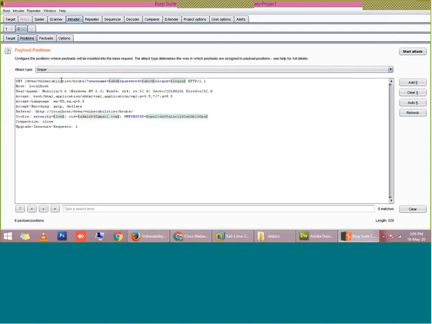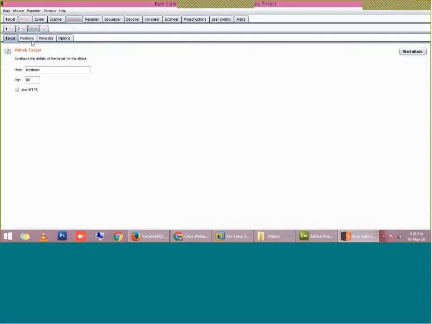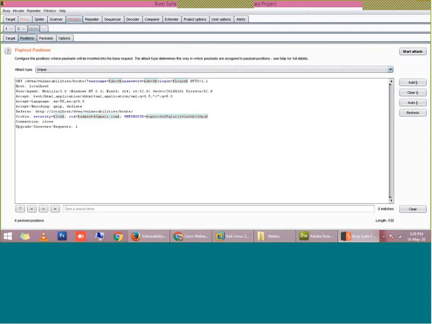Here I will find whatever request we captured in proxy is forwarded to the intruder module. Inside the intruder, I will go to the position. In position, I have to tell Burp Suite how many positions there are on which it should perform this brute force attack. So firstly, I will have to clear all the positions, and then I will set this username. I will select this username supplied by the page.